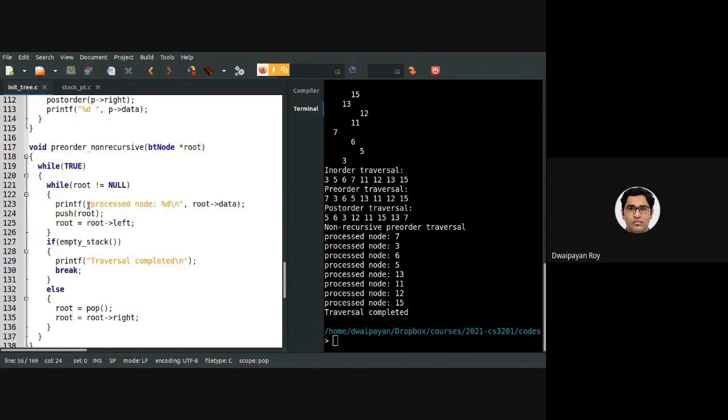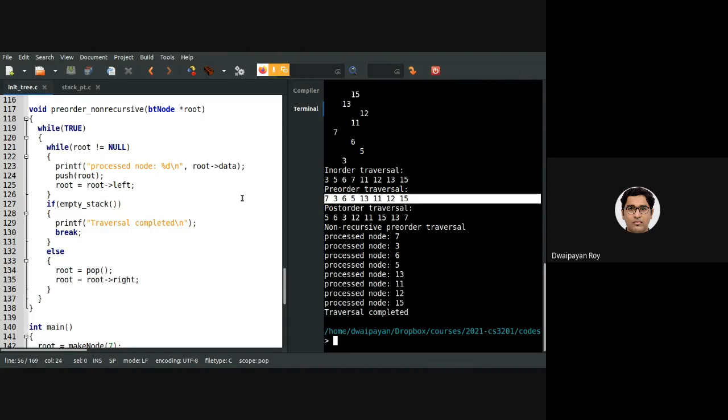I have written this processed node, and you can see I'm getting the same order: 7, 3, 6, then 5, then 13, then 11, then 12, then 15. So in this way, we can implement a non-recursive version of the pre-order traversal.